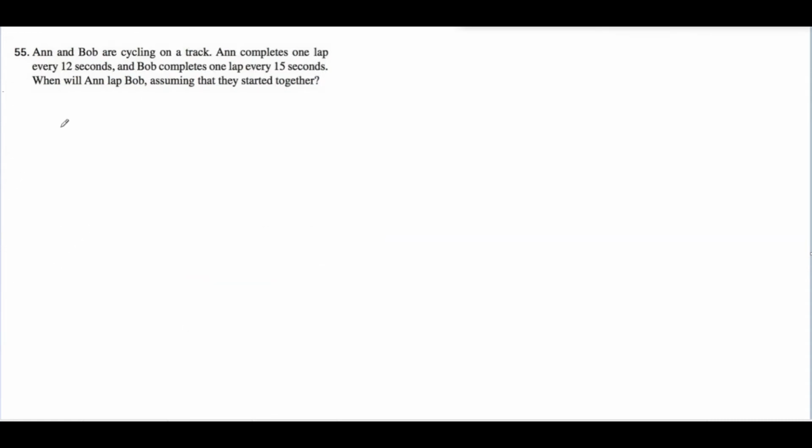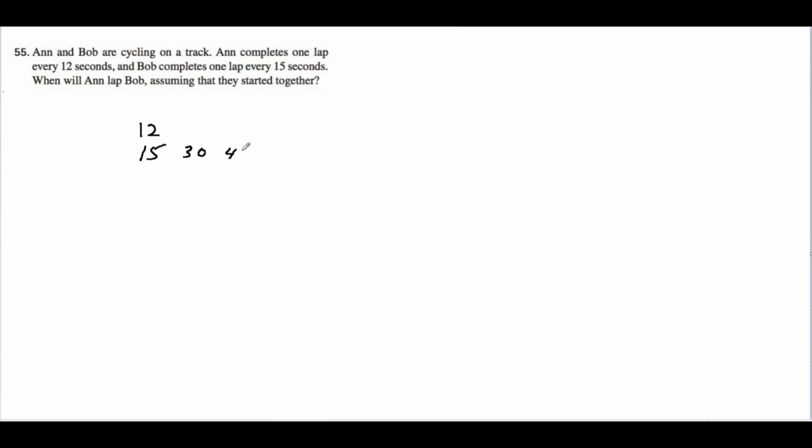The last problem on tonight's assignment is basically the same concept. Ann completes 1 lap every 12 seconds and Bob 1 lap every 15 seconds. And so what you're looking at is when will they start out together, when will they be hitting or side by side again? So when will they lap? When will Ann lap Bob? And so you start looking at